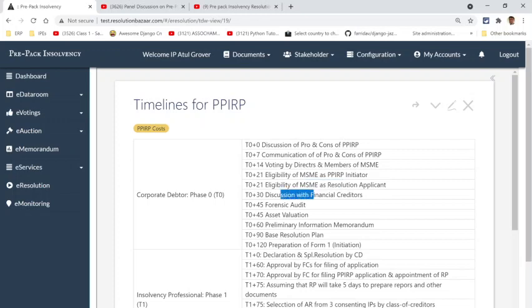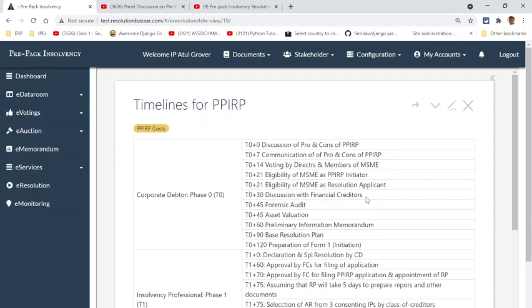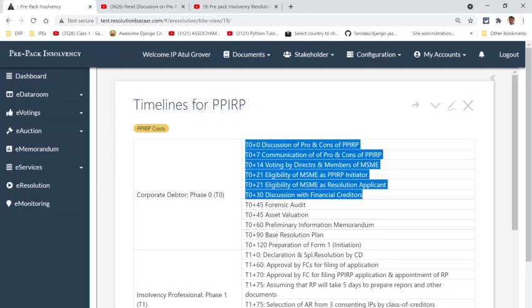We have a preliminary discussion with the financial creditors also at this stage. So essentially we've spoken to everybody, we've taken the voting, we've checked eligibility, we've had a discussion with the financial creditors. Everybody's on board. And now we can actually start spending money. Because there's hardly any cost at this stage, or communication, or voting, or eligibility, or discussion. This is all just general discussion.